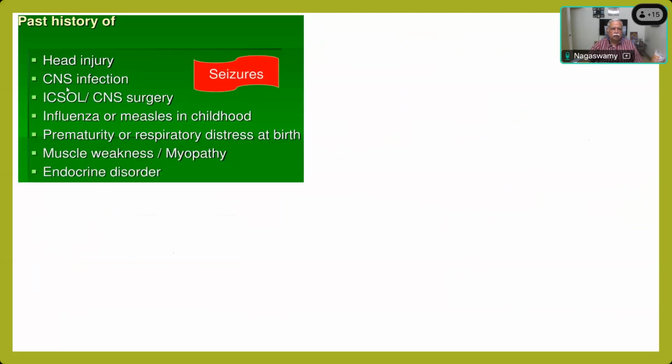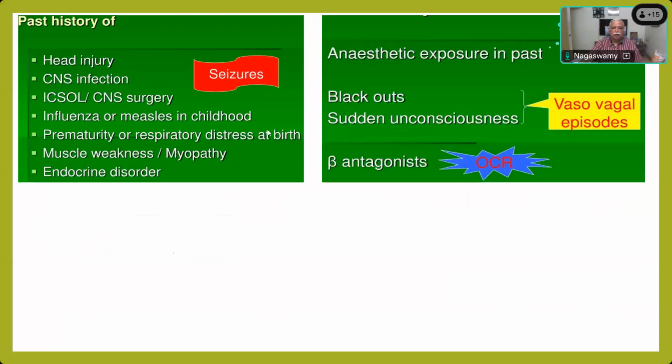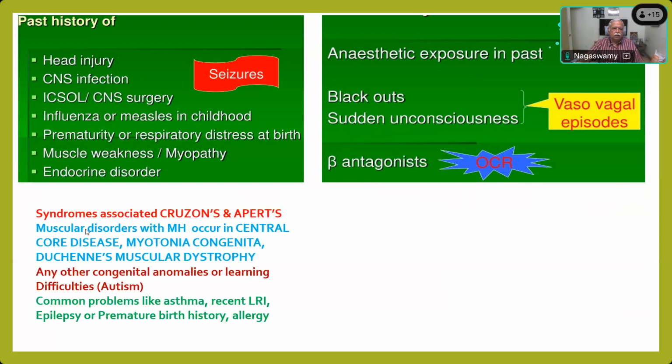And we must ask about past history of any head injury, CNS infection, CNS surgery, influenza, measles, or history of seizures, prematurity or respiratory distress at birth, muscle weakness, myopathy, or endocrine disorders. These are all the past history of the child, and any anesthetic exposure in the past, any blackouts or sudden unconsciousness, whether the patient is on any beta agonist drugs, like for some other cardiac conditions, and syndromes that can